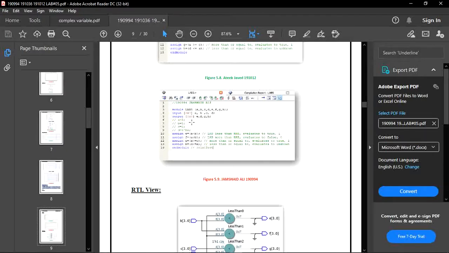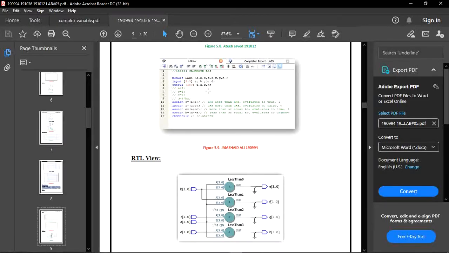After declaring all our inputs and outputs, here we assign all the operations: greater than, less than, greater than or equal to, less than or equal to. So here we can see if A is less than B, then the function evaluates to true, which means 1. If A is greater than B, then the function evaluates to false, which means 0.